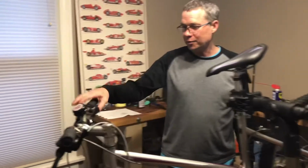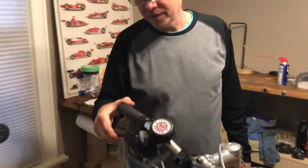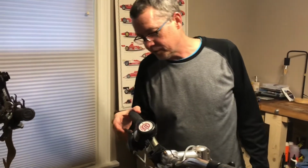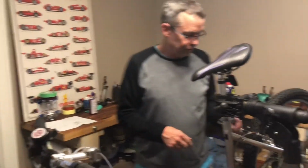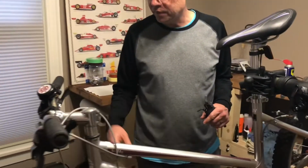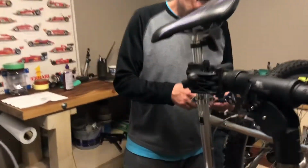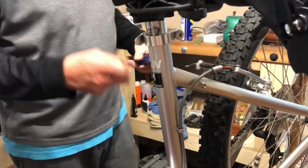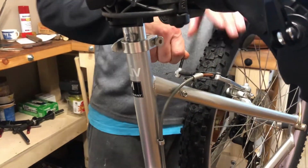Today we're gonna fix a sticky brake cable on a bike that's been sitting out on a college campus for about 6 months over the winter. You can see the lever is not responding like it should, so we're gonna take the cable out of the housing and grease it up, lube the brake lever a little bit, and hopefully that'll free it up and work nicely. So first things first, we're gonna loosen up the cable out of the brake caliper here with an Allen